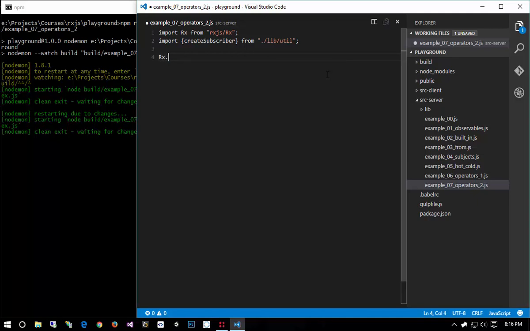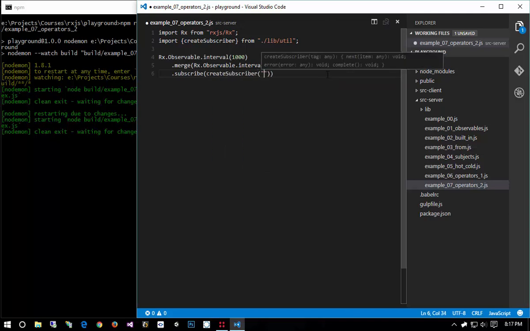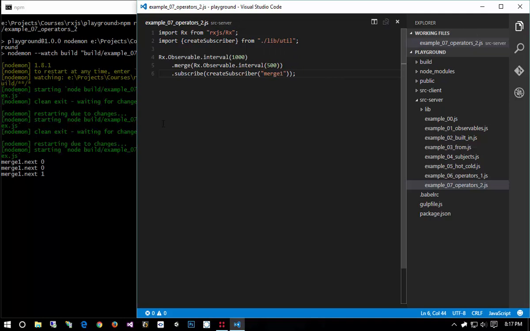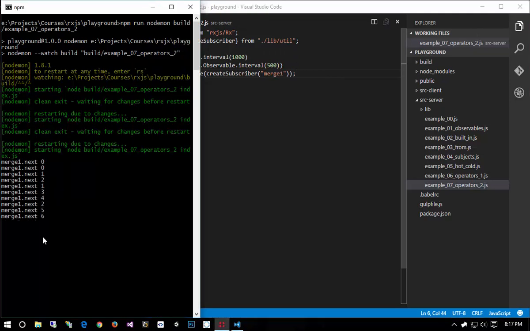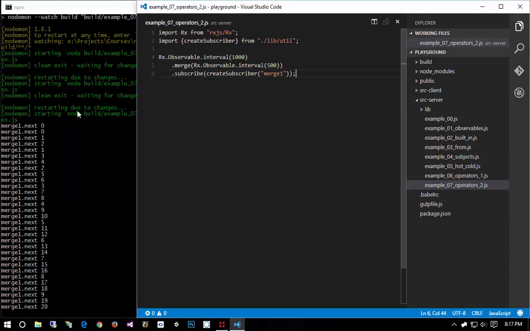So let's say we have an Rx observable interval of 1 second, and then we can merge in an Rx observable interval of 500 milliseconds, and then we can go ahead and subscribe to that. So subscribe, create subscriber, merge one. So now what we get is, as you see, we get one value emitted every second and one value emitted every half second. So merge does literally,